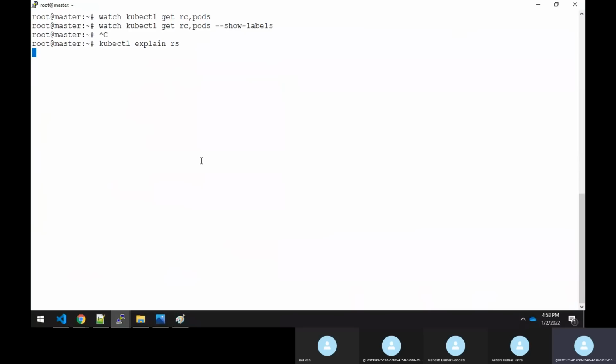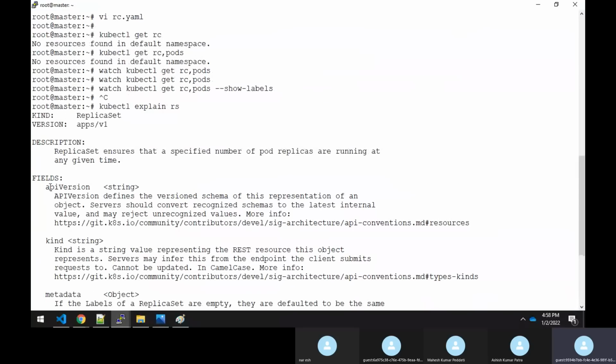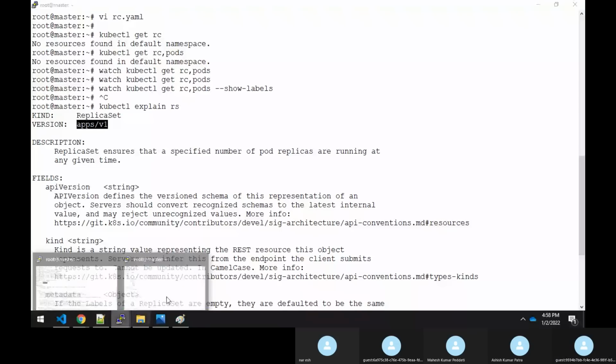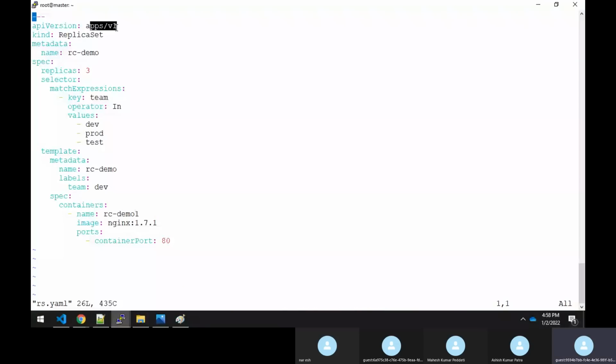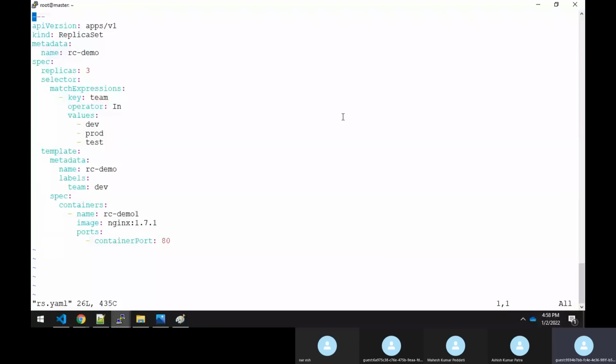Now you can see the API version, apps/v1. The same thing you have to do here, just copy paste it. Here the kind is ReplicaSet, R should be capital and S should be capital. If you see the replication controller, the whole YAML is the same, except that under this spec you have replicas.